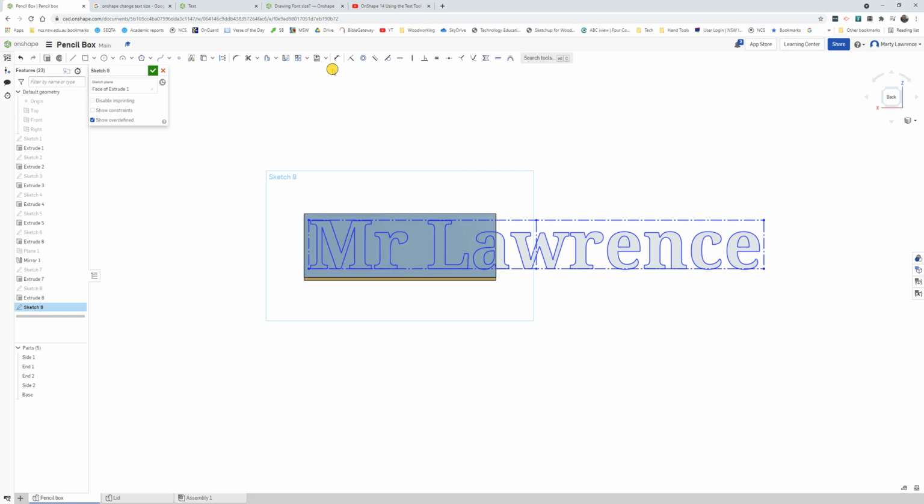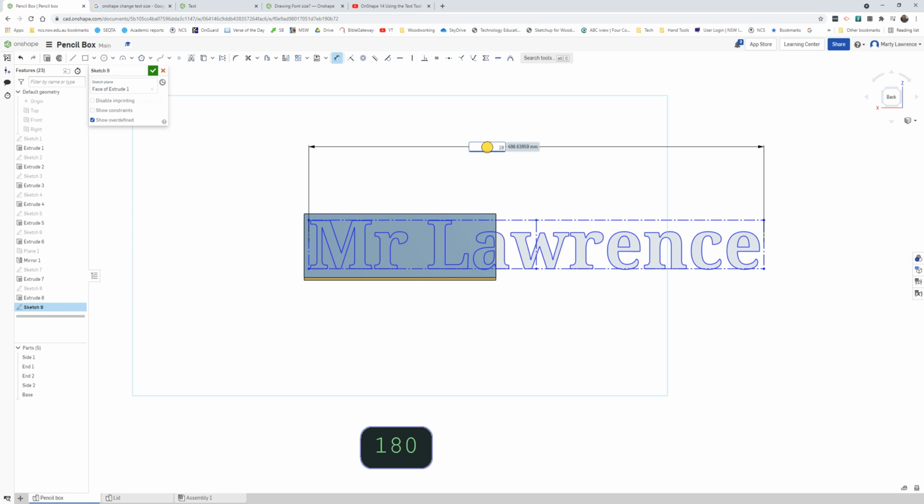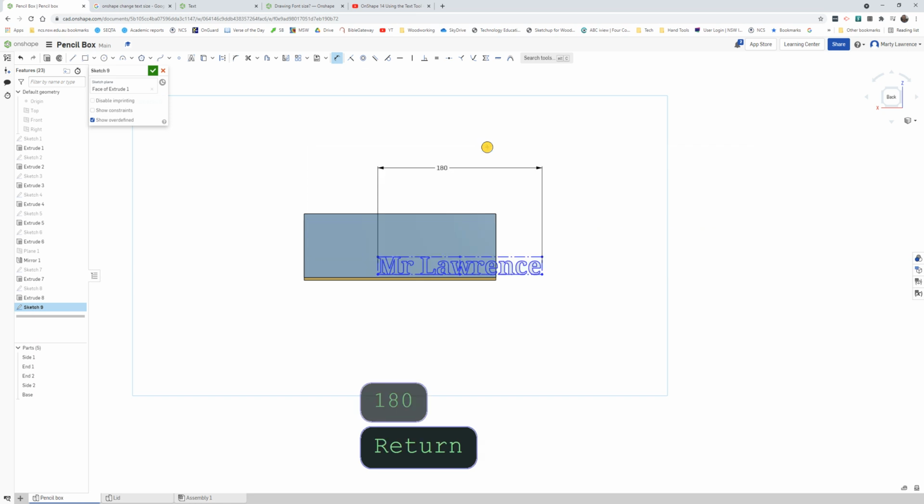So we can resize this using the dimension tool. If you remember, the side of our box is 210. So I need to resize this to be less than 210. So in this case, I'm going to make it 180 and press enter. And the dimension button is still selected, so hit the escape on the keyboard or click it again to deselect, and